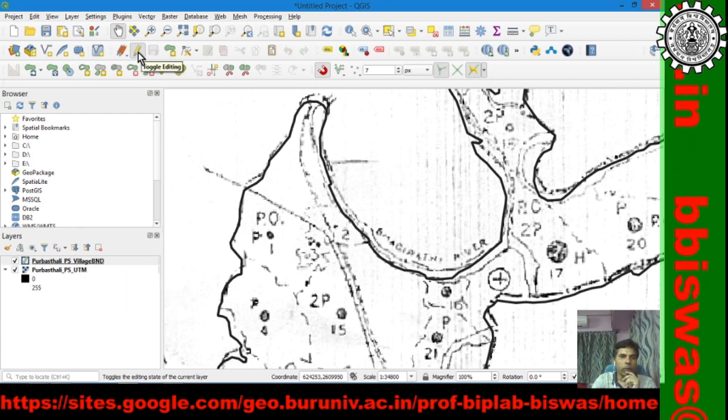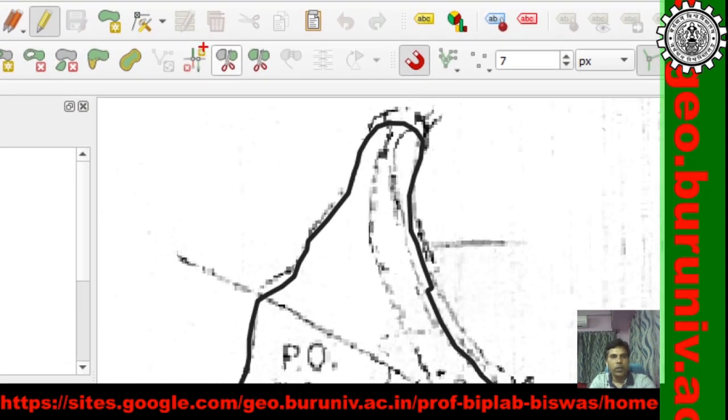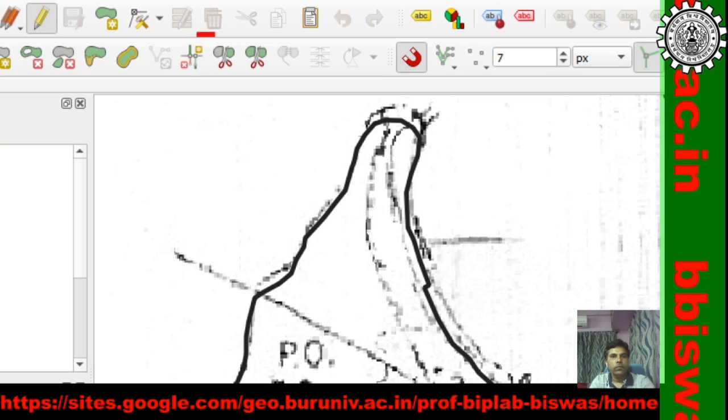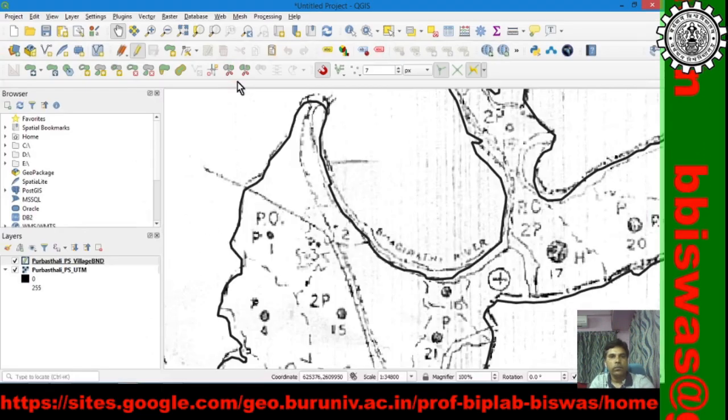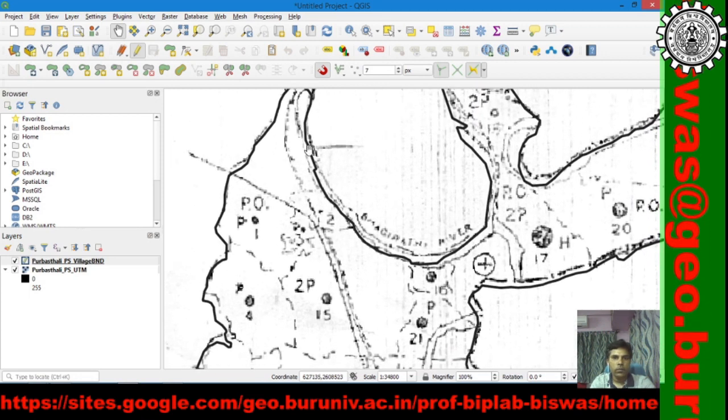This is the editable button. Editable is ready, it is editing. We should select this button, this button is very important. Splitting. I started a little earlier and I come back to a point and I keep on clicking on these points.